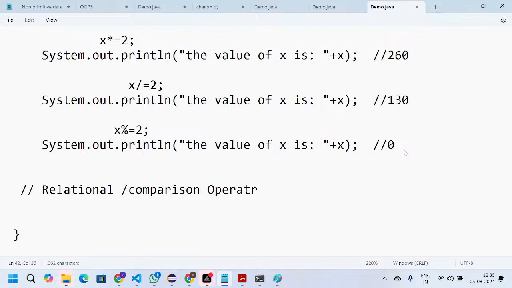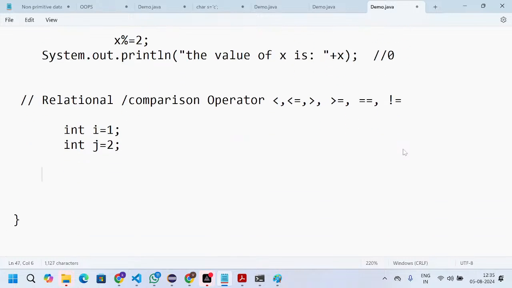The first thing here: int i equal to 1, and int j equal to 2.